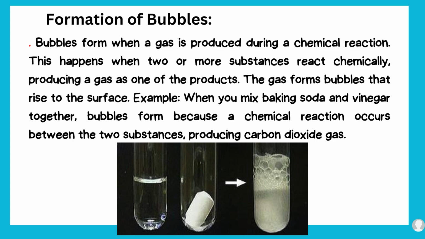Another evidence of chemical change is the formation of bubbles. So bubbles form when a gas is produced during a chemical reaction. So this happens when two or more substances react chemically, producing a gas as one of the products. So the gas forms bubbles that rise to the surface. Examples, when you mix baking soda and vinegar, bubbles form because a chemical reaction occurs between the two substances, producing